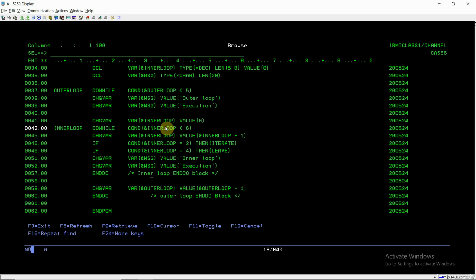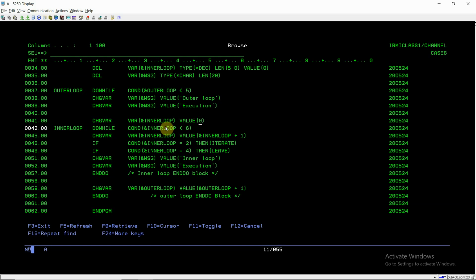It comes below and executes the next commands, and then the inner loop becomes 4, and once it becomes 4, we are using leave. If inner loop equals 4, the condition is true, and we will be leaving this inner loop. This will exit from the inner loop, not the outer loop.